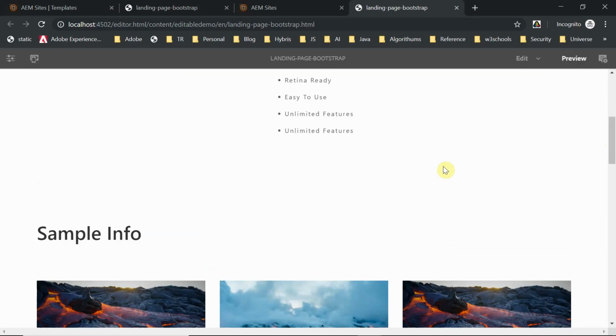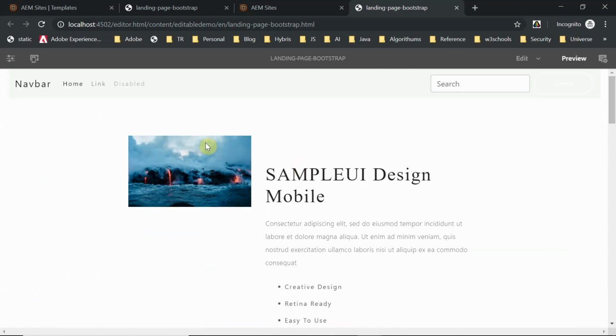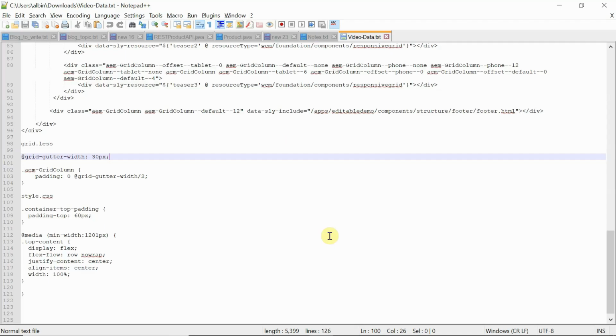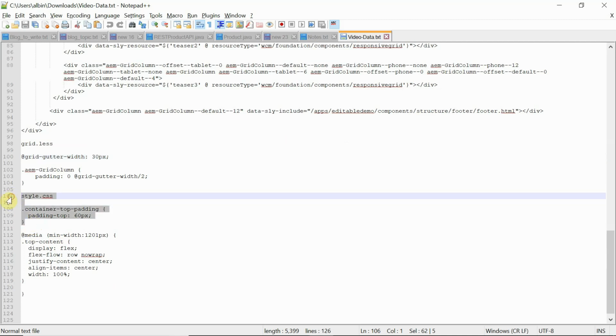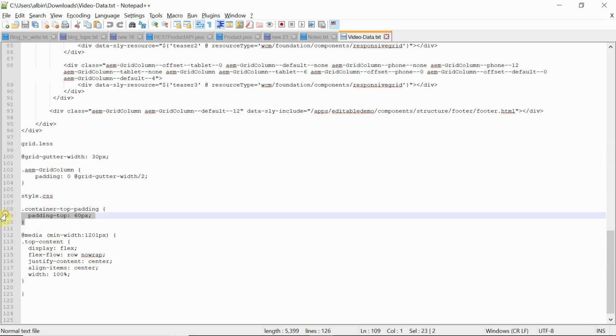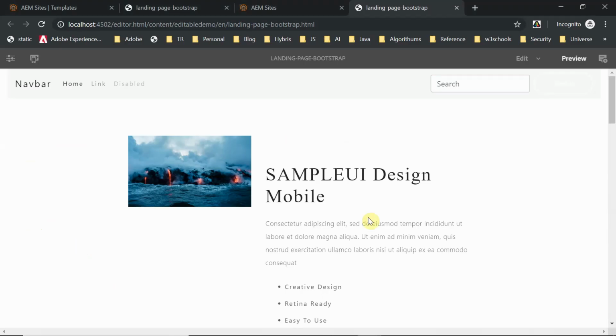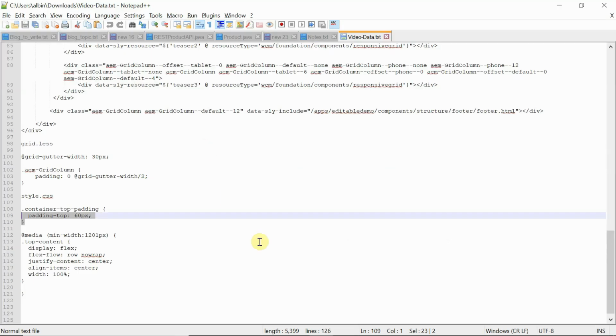Second, when we were doing it through the template author, we did not consider this, but in the original page there was a space at the top for this text. That can be added by a custom style. In our custom style.css, we can add this container top padding. Third, you can see this is center aligned. When the template author was configuring, he kept it in the center wherever required. But when we do it through code structuring, Bootstrap already takes care of that. When we do it through the AEM grid, the same thing has to be taken care of.